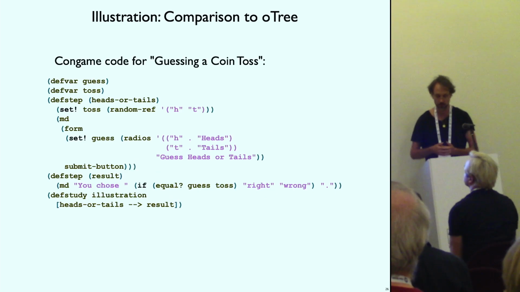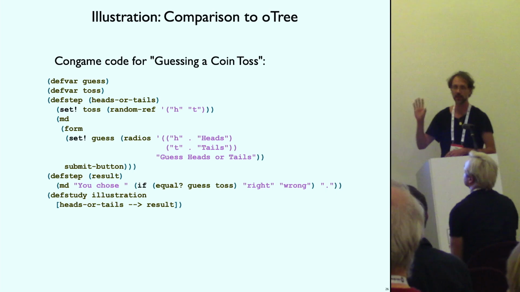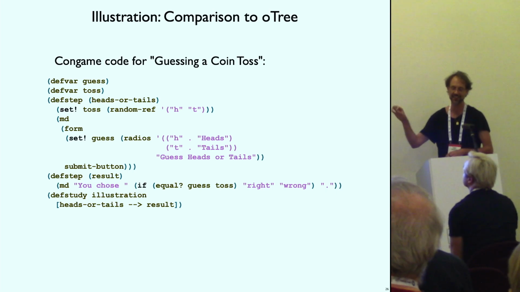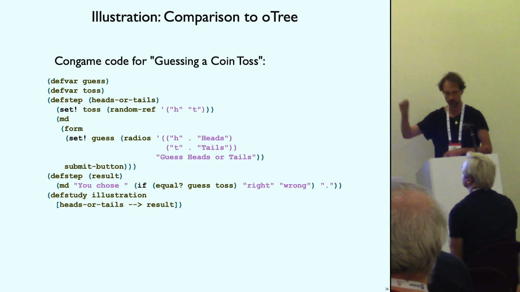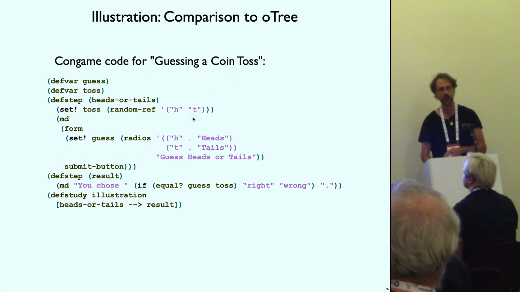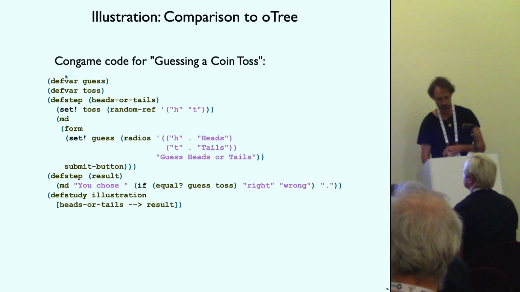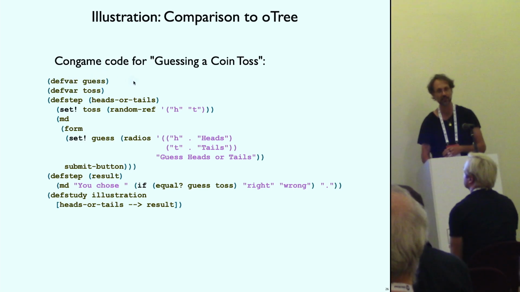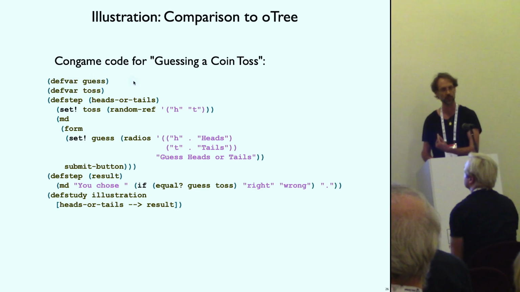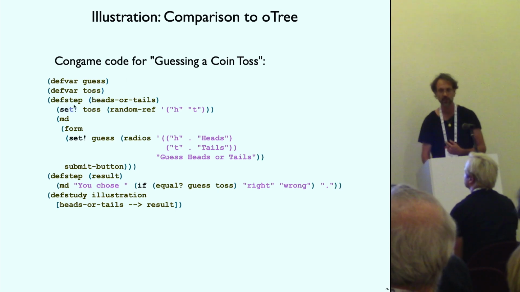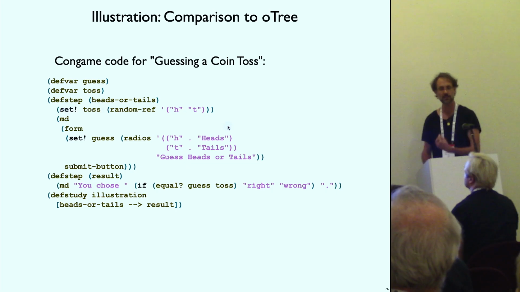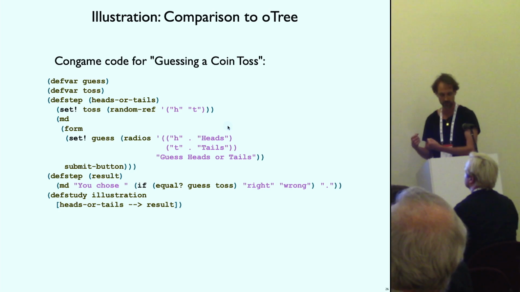All right, how would this code then look in Congame? This is the full code; the one hash lang line, for the record, is missing for the study in Congame. And this is all in one file. What we do in order to share the variables is we define def var at the top, not the usual define. Def var is a variable that gets stored and persisted to the database, which is why you see these set bangs here. The set bang is literally store this variable on the database, which is what it's doing here.